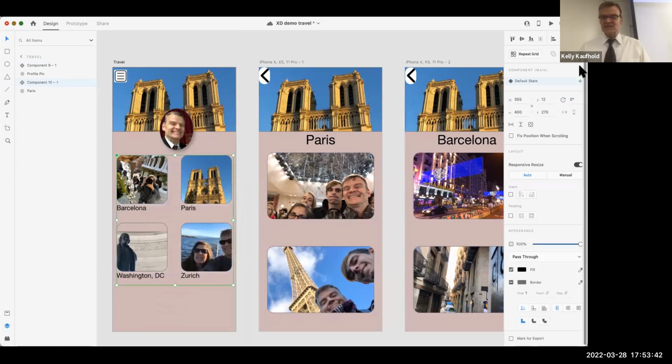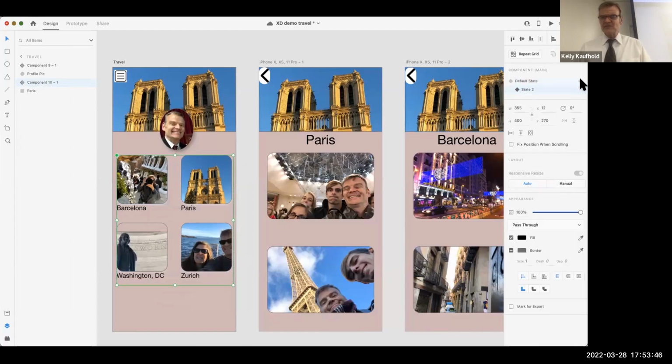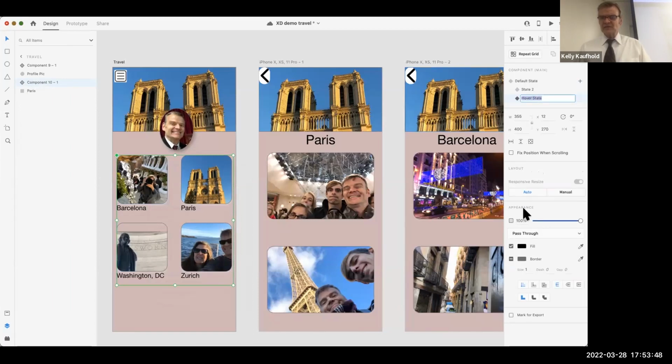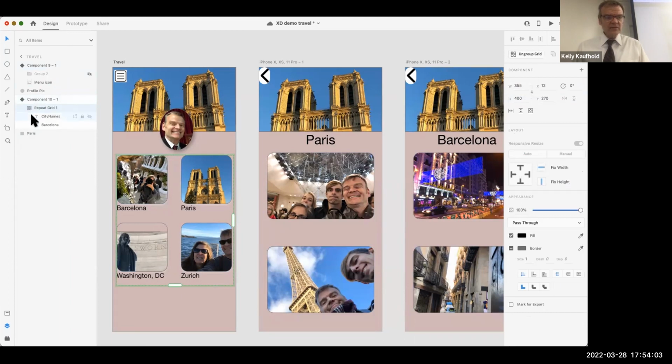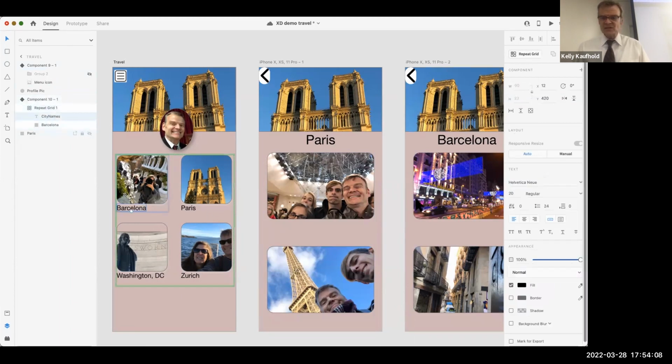And if I just want the second state to be here, new state, I'll just make it, I might do hover state just for fun. I'll go to hover state and just make all this stuff bigger. And so what I can do is, it's in this one, repeat grid, Barcelona. I'll just make the text bigger just for grins. So it's hideous, but